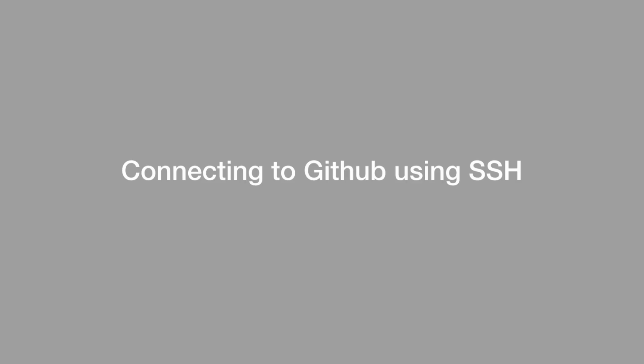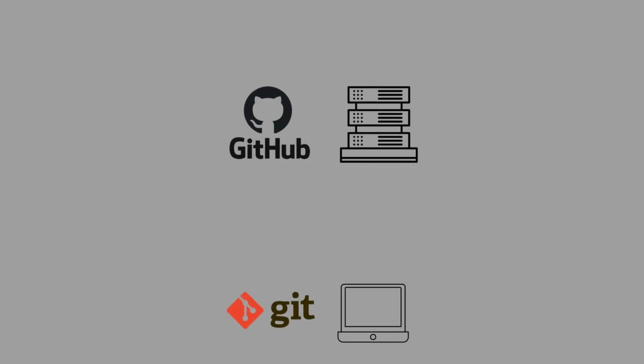In this lesson, we're going to go over how to connect to GitHub using SSH. So when working with GitHub, you will have to identify yourself using your username and password. But if you don't want to have to enter your username and password every single time, you can use SSH